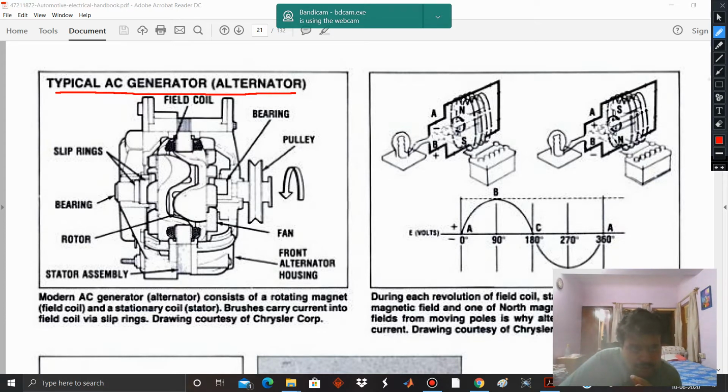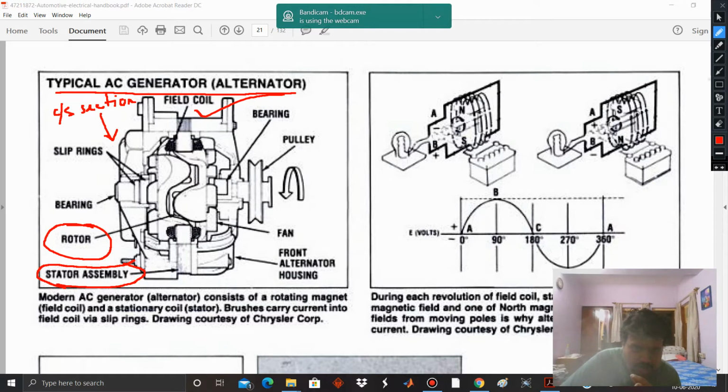So, the parts which are present, this is a cross section arrangement. It has some parts. We have the field coil, and here always remember that the field coil is rotating, and the field coil is placed in the rotor. The rotor is the rotating part of the machine, and the armature conductors are placed in the stator. Stator is the static part.